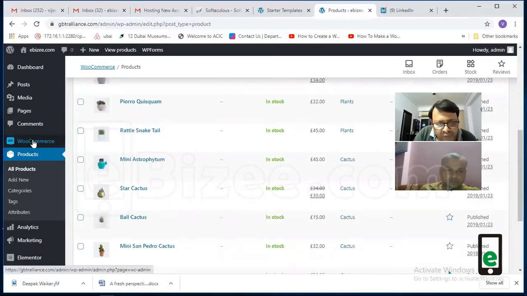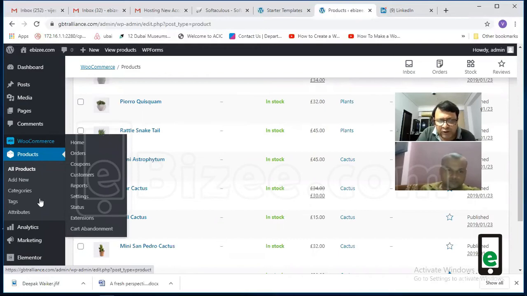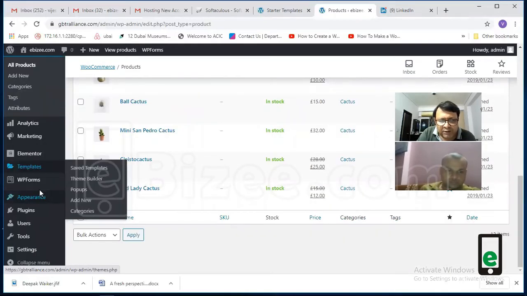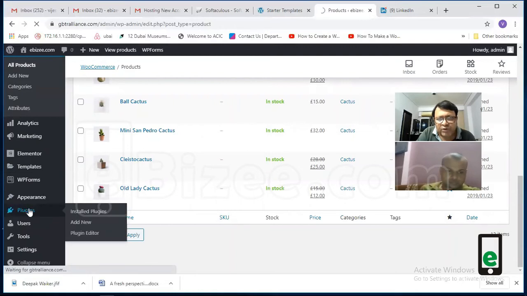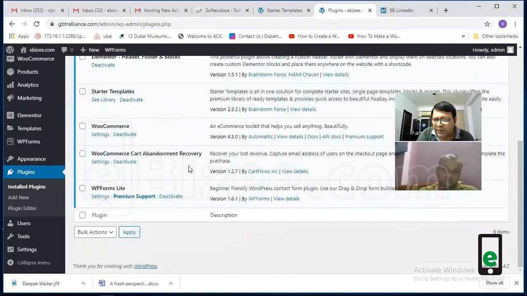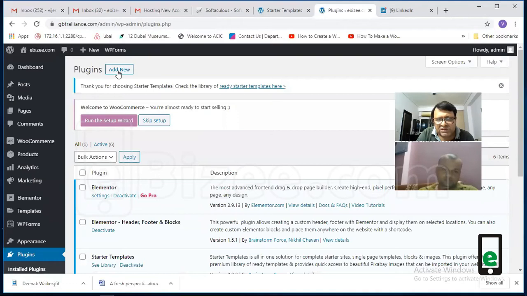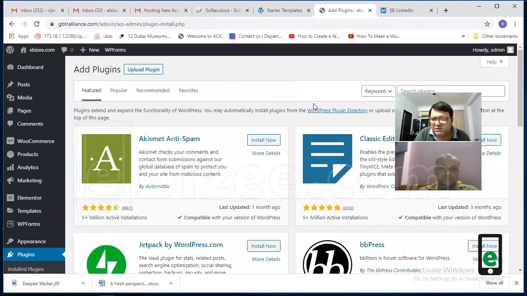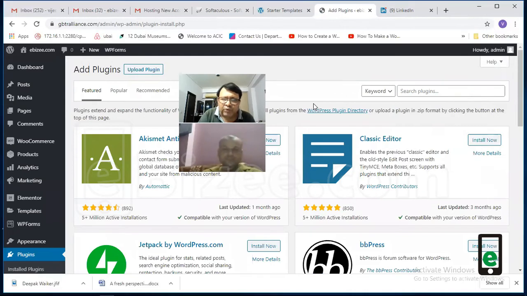I will tell you one very important other plugin which you can add, and that has to be added. If you go to the plugin section here, you will see all these plugins have been put in automatically by the page building system, which we saw that Astra did. So it has already created a lot of plugins. We'll add one more plugin which is not added by Astra, and that is Tutor LMS. Now, why am I adding Tutor LMS?